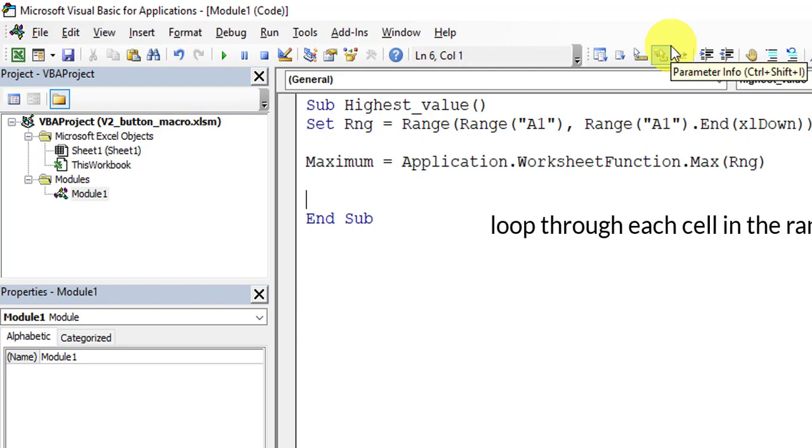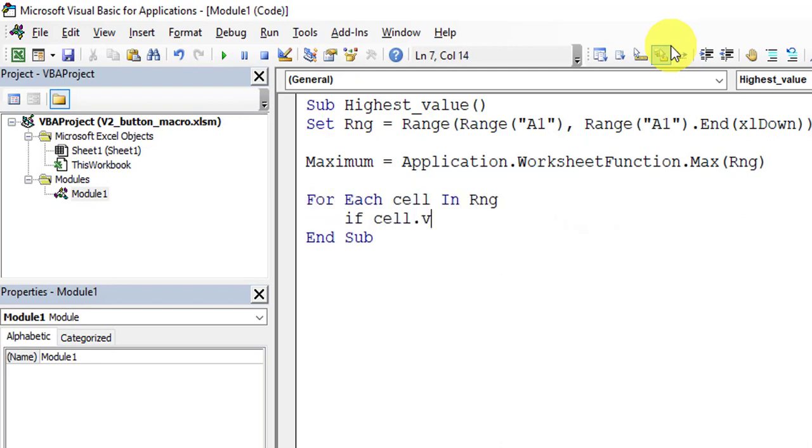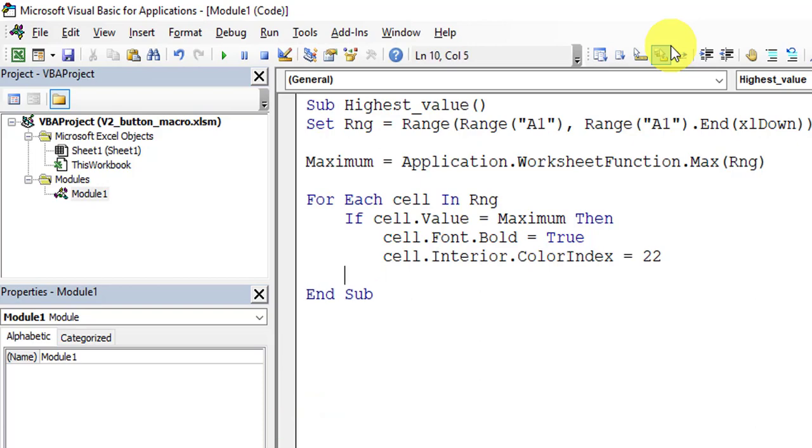Next, we are going to loop through each cell of the range and compare it with the maximum value. Once the comparison result is true, we will change the font to bold and then color the interior. Close the loop.